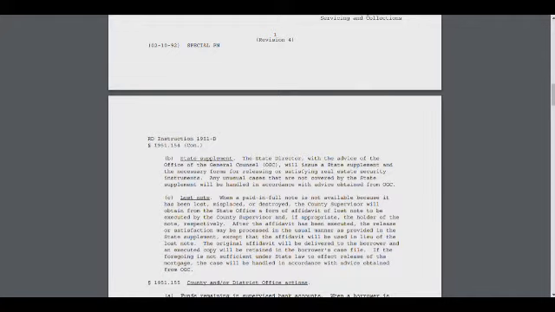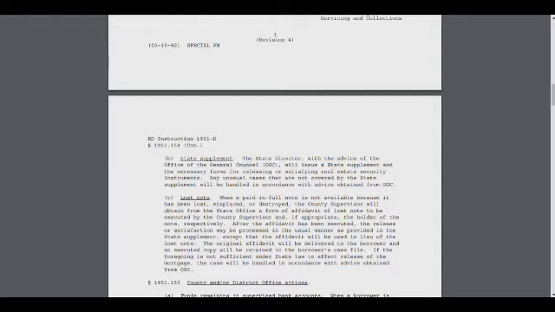1951.154 (continued). B. State supplement. The State Director, with the advice of the Office of the General Counsel (OGC), will issue a state supplement and the necessary forms for releasing or satisfying real estate security instruments. Any unusual cases that are not covered by the state supplement will be handled in accordance with advice obtained from OGC. C. Lost note. When a paid in full note is not available because it has been lost, misplaced, or